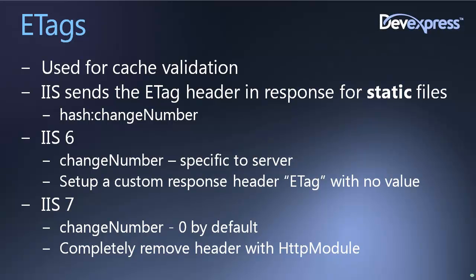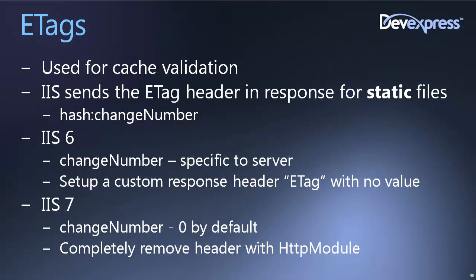So the issue with it is, this is part of a response header. It's going to send back an ETag. So in IIS, it's going to send some hash of your file and a change number. The problem on IIS 6 is that change number is specific to the web server you're on. So let's walk through a scenario here. Somebody comes to my site, they get the content down in their cache, they come back later, either it's expired or maybe I don't have expirations, they come back to my server and say, here's the ETag I had, has this been changed? Well, the issue is because I've got a production web farm with a bunch of web servers in it,